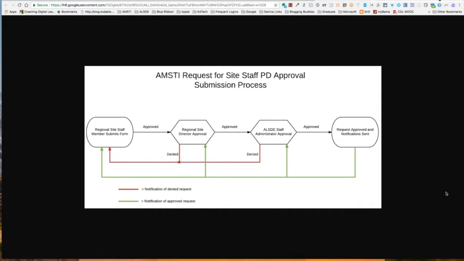This brief tutorial will demonstrate how to complete the revised staff PD approval submission form. What you see on the screen right now is an overview of the process. We've added a step at the request of the directors, so here's what the process will look like now. The regional site staff member will submit the form, and we'll show you where that's going to be located in just a moment. If it is approved, it will go to the site director, and the site director will either